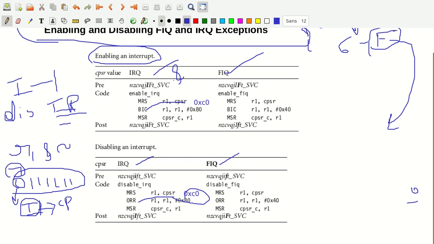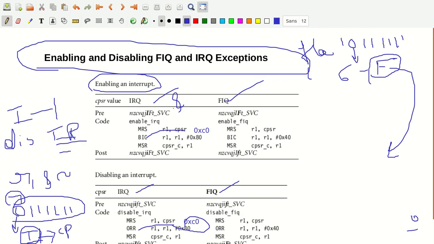Here you are setting the I bit and the F bit. When you set the I bit and the F bit to 1, you are disabling the IRQ and FIQ exception, or you can say the IRQ and FIQ interrupt. So that is how we enable and disable the IRQ and FIQ exceptions.